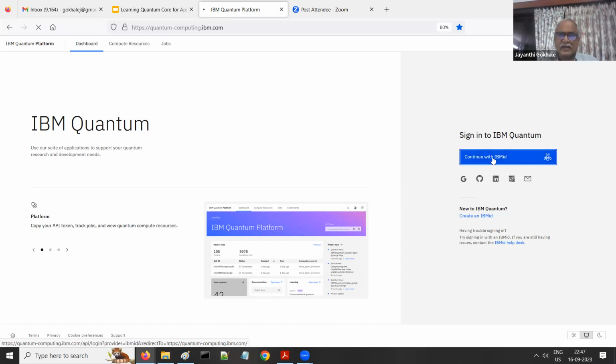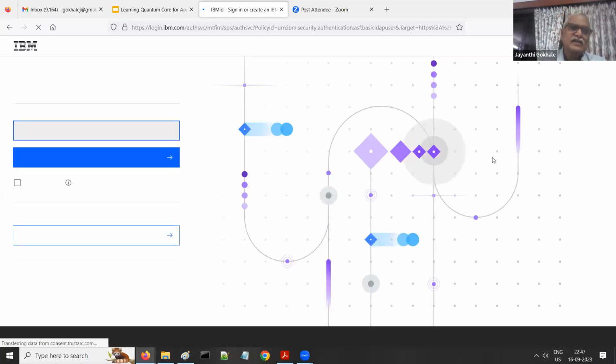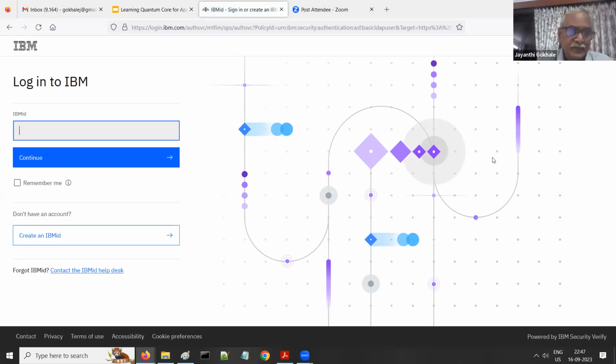So I have my account created, and those of you who have not created an account, you can go ahead and create an account. This is free of charge, and you can essentially use the platform to set up your own circuits and test them, either A, on the simulator, or B, you can typically deploy them onto a real